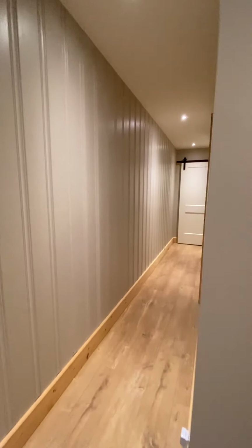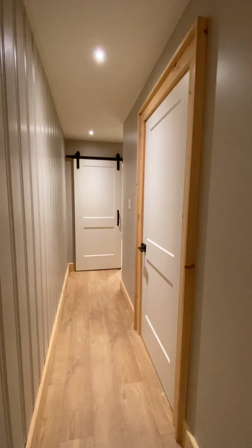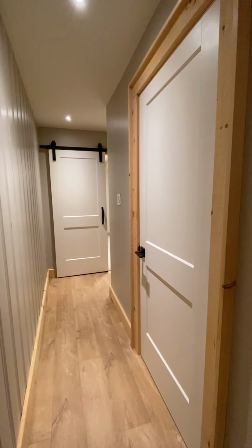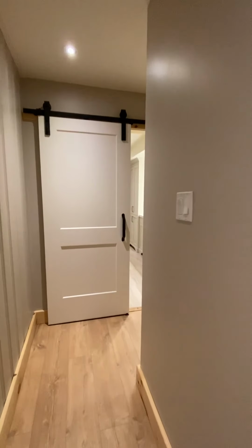I'm just going to come down the hallway here, and this is where we're going to a really, really private master space. Now on our right, we've got a closet here. This is actually the laundry. I'll show you that in a moment. And if we head down towards the barn door,